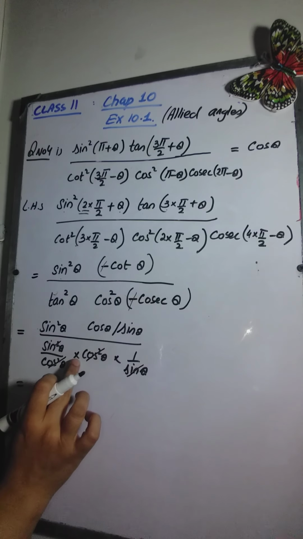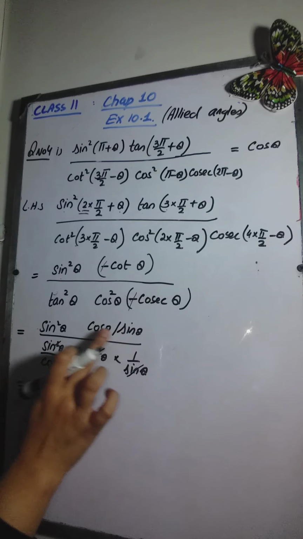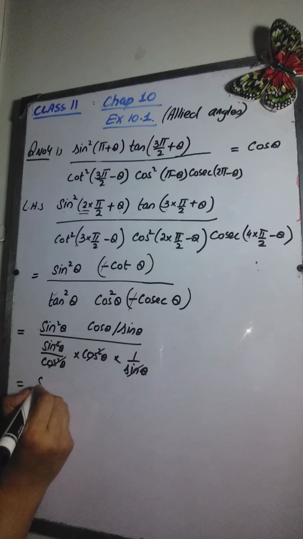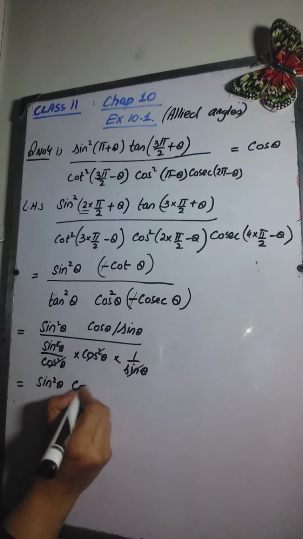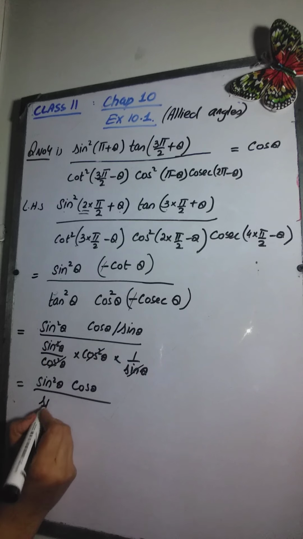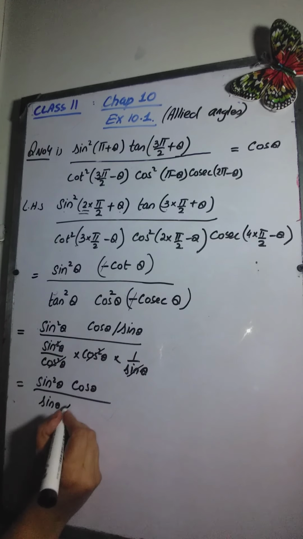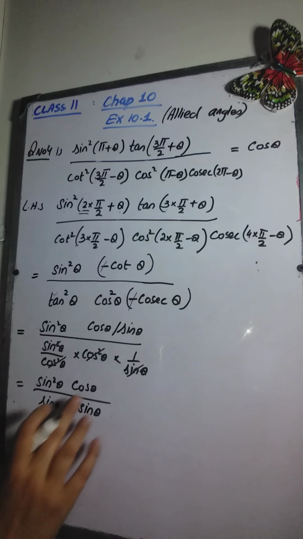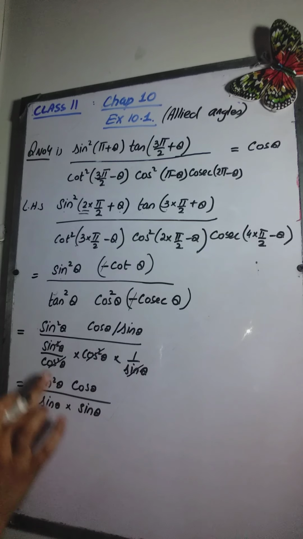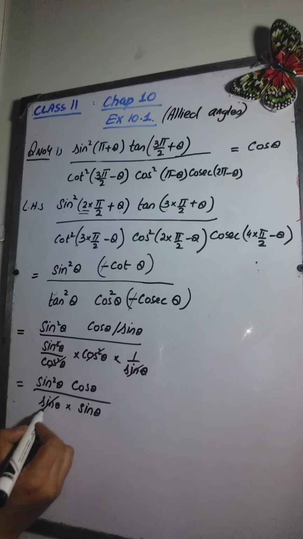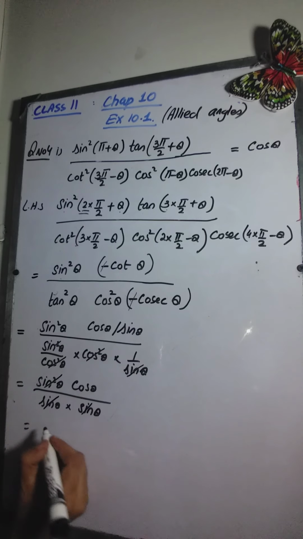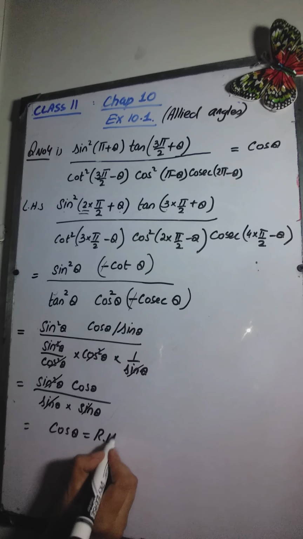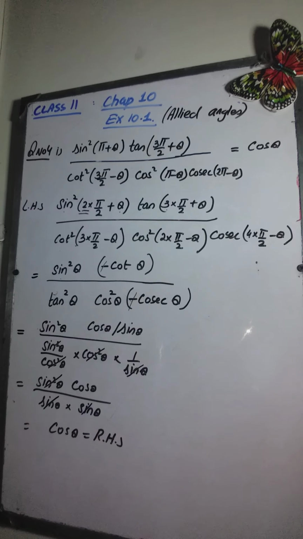Now this sine theta will be shifted to the denominator, because it is in the denominator of the numerator, and anything in the denominator of the numerator is always shifted to the denominator. So this will be equal to sine square theta cos theta. One sine theta was left over here, and the other one will be placed from the numerator to the denominator. After shifting this sine theta, over here we had sine square theta. These two are going to be cancelled out with this sine square theta, and we are going to get cos theta, which is equal to the right hand side, and that is what we needed to prove here.